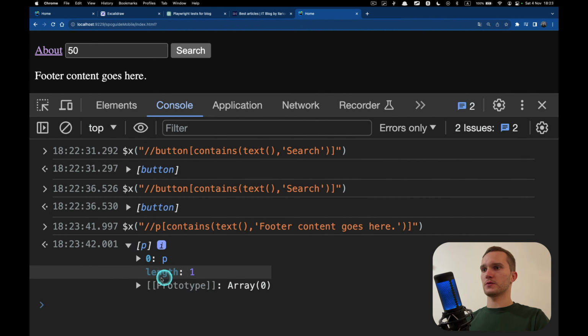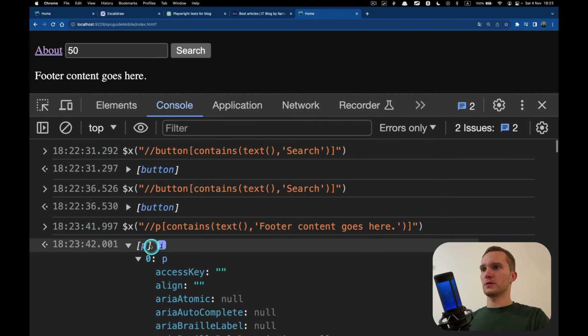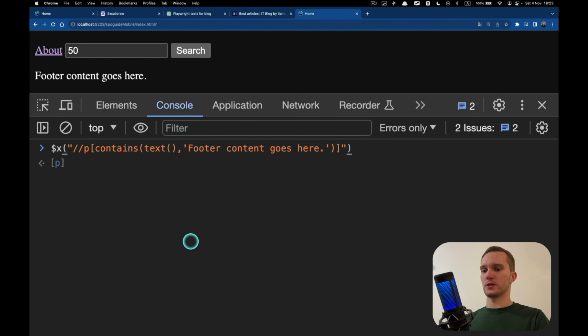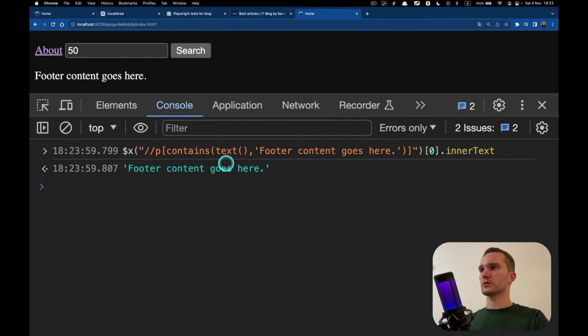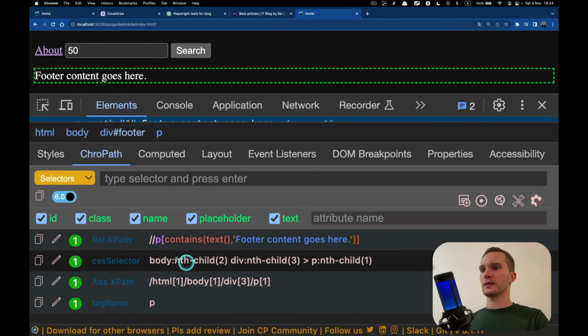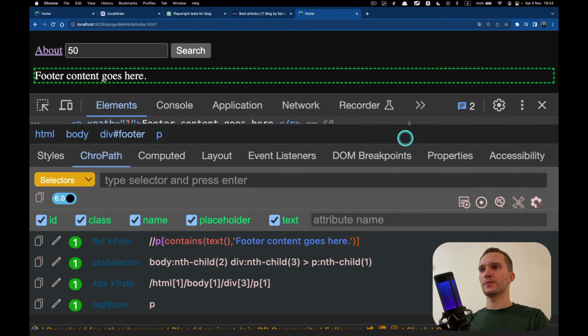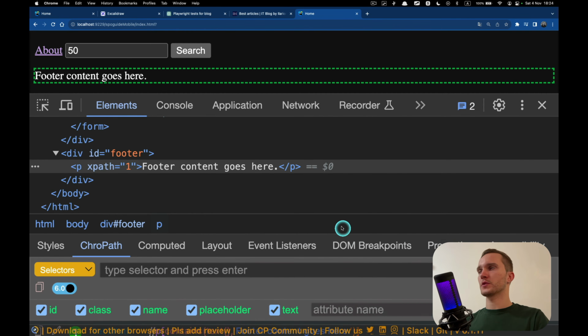Oh, yeah, it selected the right element. Let's check like this. Inner text. Oh, okay, I remember. We have to select the first element in XPath. Footer content goes here. Yeah, this is our element. Okay, it selected this one correctly, but this CSS selector is not great. Yeah, but still, this is just another option, installing this CropPath extension and using it to automatically get the selectors.